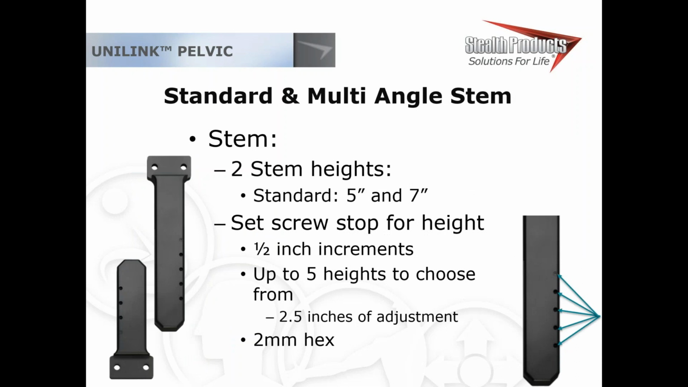These stems are pretty straightforward. This is your exception to your 4mm rule. So these stems have a set screw for your height reference. You've got 2 of them to choose from, a 5 and a 7, and each one has a 2mm hex set screw inside of it. And that hex set screw is basically your height reference as you drop it into that track receiver. So 1/2 inch increments, you've got 5 to choose from, and that's your one exception so far to your 4mm